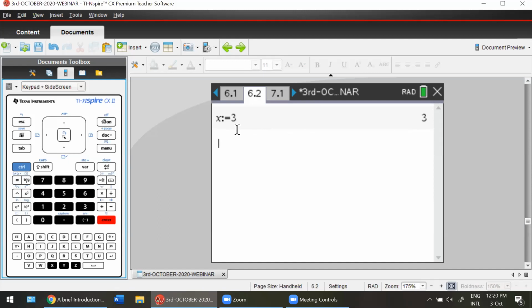Next, again, you'll have to store a value for y, right? So you can use another method to do it, and that is define. Just type in the word define using your alphabet keys here below.